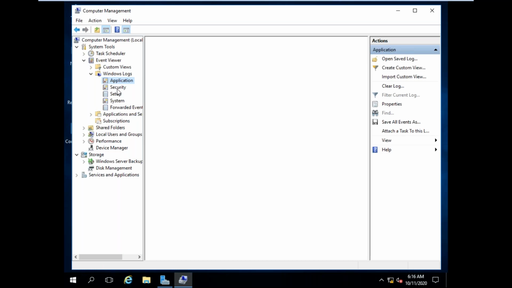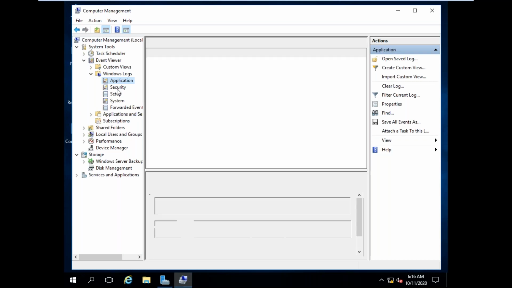So they will ask the question: how do you know whether the server is getting errors? How do you understand the errors? How do you rectify the errors? So what is the error? How do you know? You have to check the logs. Go to Windows logs, check the application log, check the security logs, system logs. Like this, we have different kinds of logs. So here you can understand which errors come while booting the server. We are going to troubleshoot those errors.